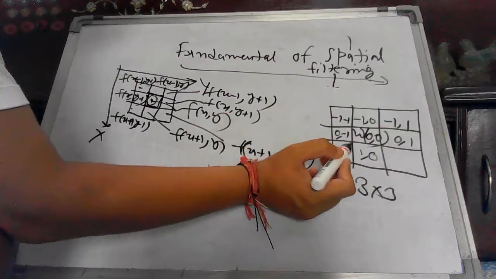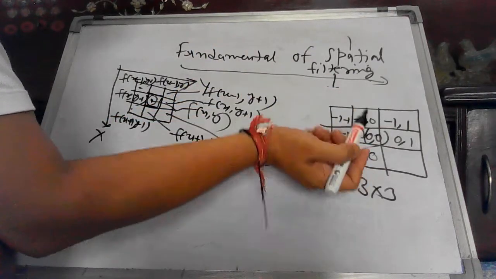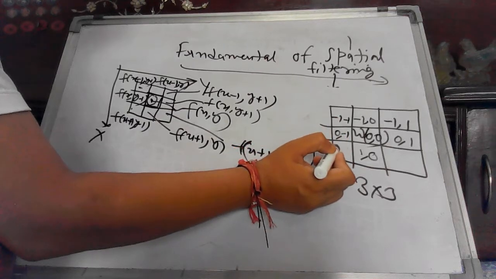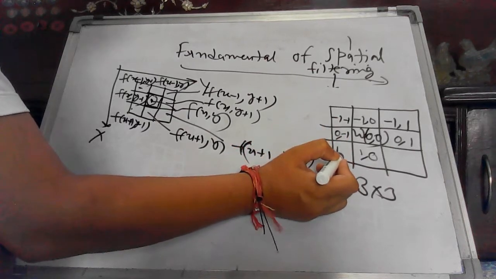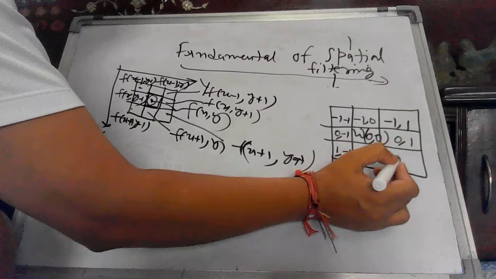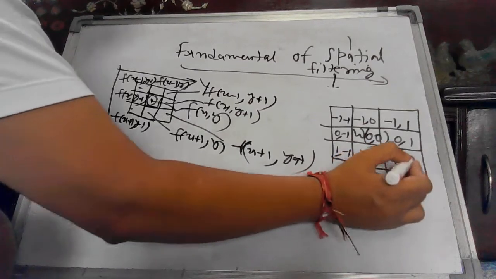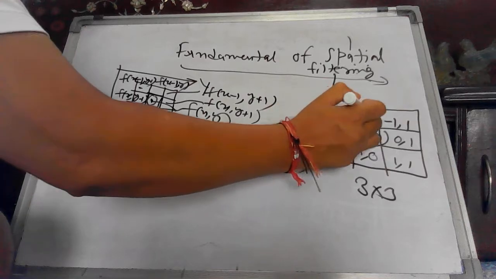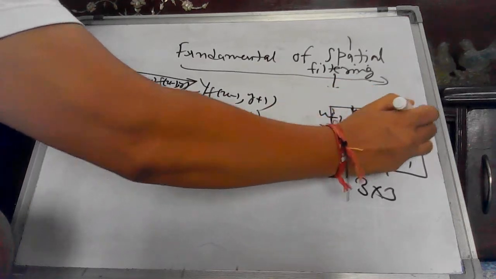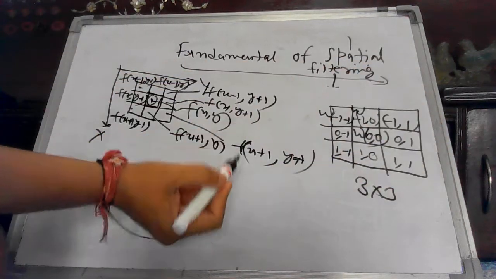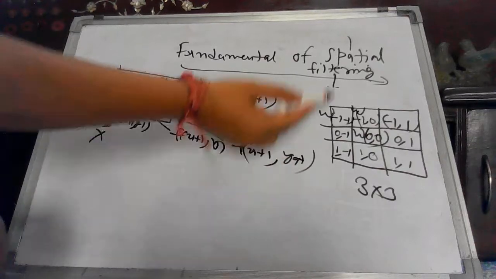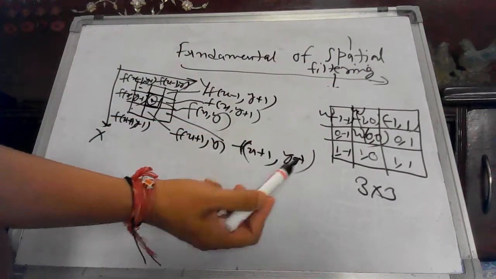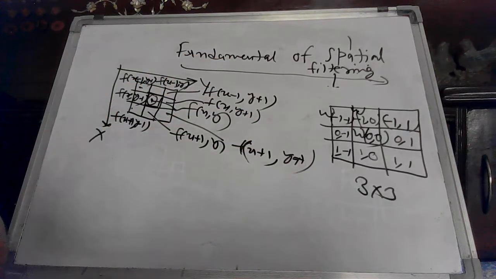Same way that I have done in x y, you follow the same strategy. Okay, this position will be what? X is increasing in this direction, so this will be 1, but y is minus 1, and this is 1, and y will be plus 1. So in every place you can write W. So this is your mask with different coordinates, you can say. So a 3 cross 3 mask is normally represented by this kind of scenario.